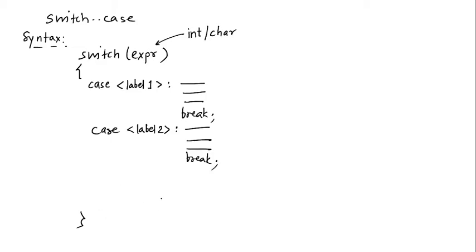Maybe for the last case we don't need to put the break, because anyway it's going to come out by default after the last case. So what will happen is, if the first label matches, it's going to jump here, execute the whole set of statements, and the break will make it come out of the switch case. So this is a new introduction to us, a break statement. It's going to break the control and come out of the immediate block.